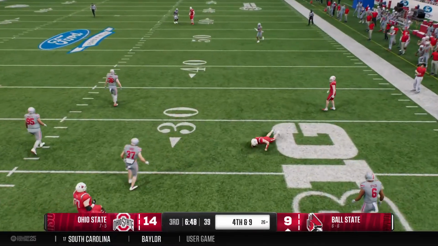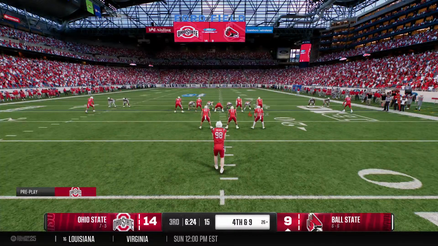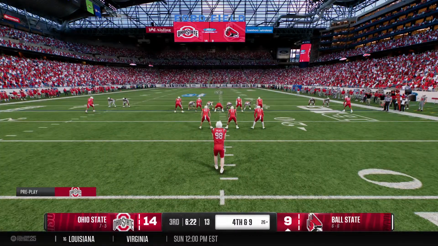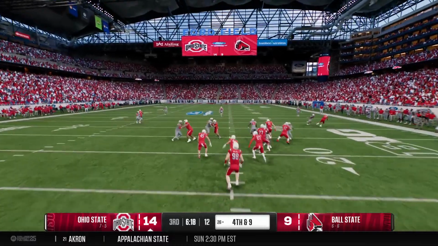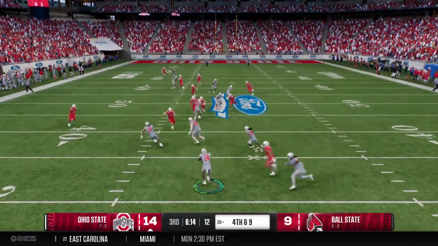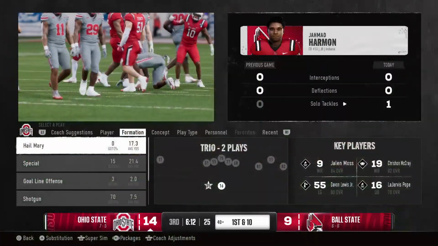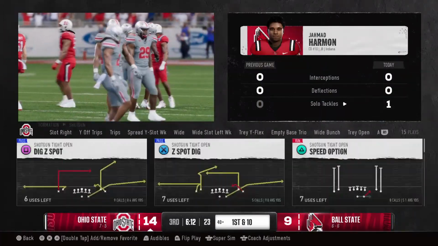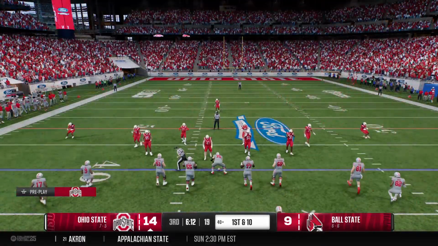And he avoids the hit and slides after the short gain. The Cardinals will try to pin them back with the punt. First time today we've seen a punter go to work. Working his way on the return up to the 40-yard line before he stopped. The Buckeyes roll that offense back out there.